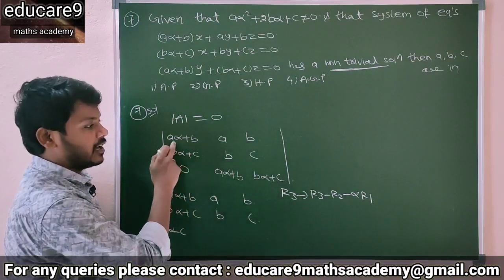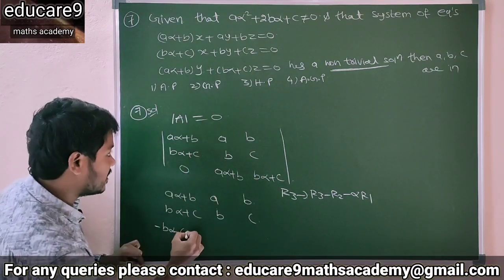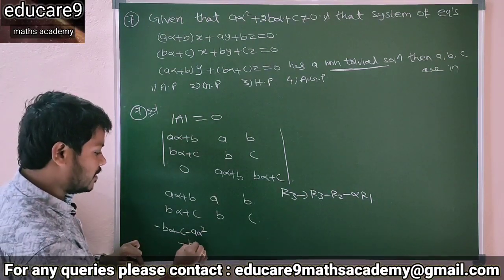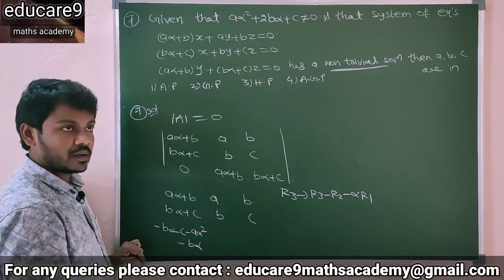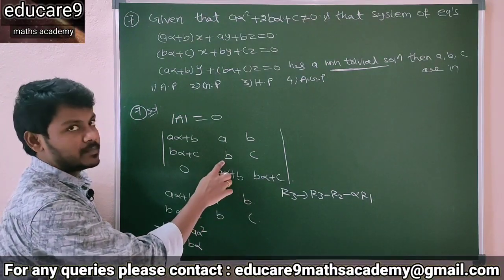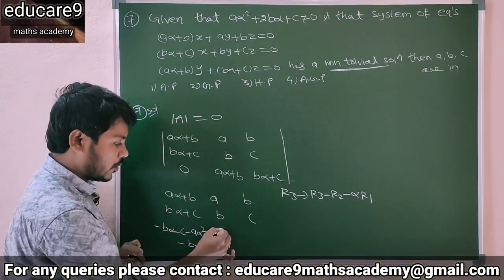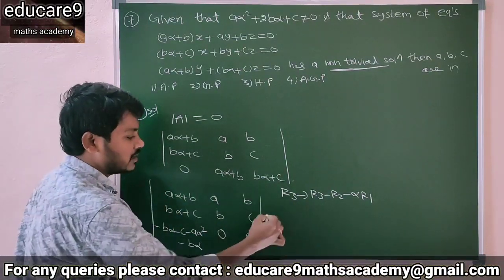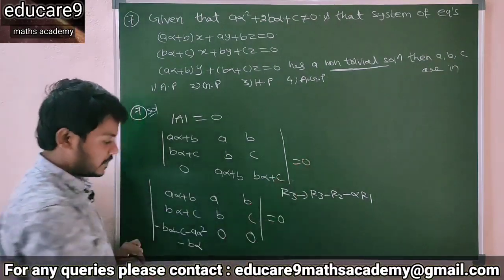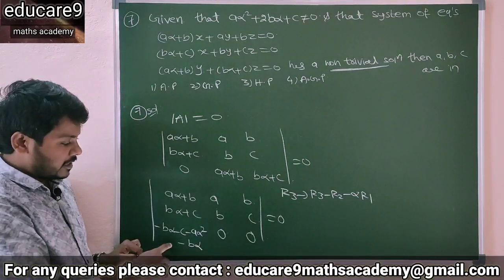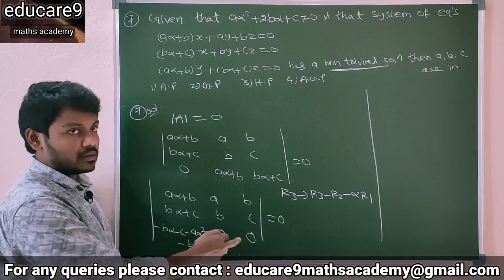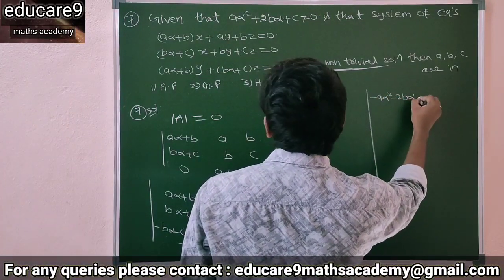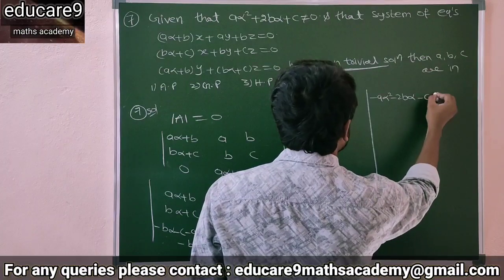So multiplying alpha with first row, that is minus a alpha square minus b alpha. Next here a alpha plus b minus b minus a alpha, 0. Next here also 0. So this is what? 0. Now find this determinant. So choosing the third, minus a alpha square minus 2b alpha minus c